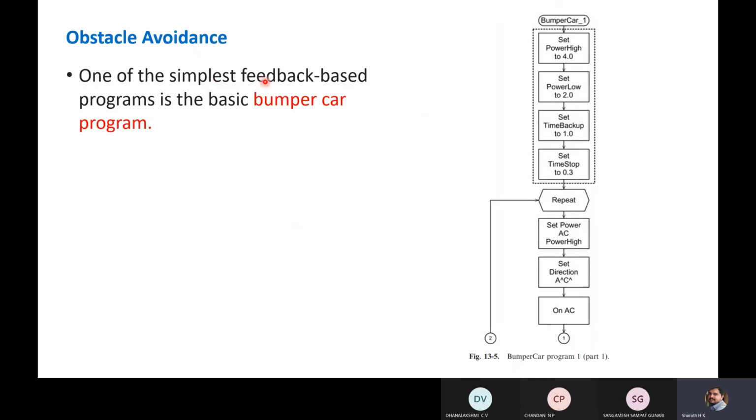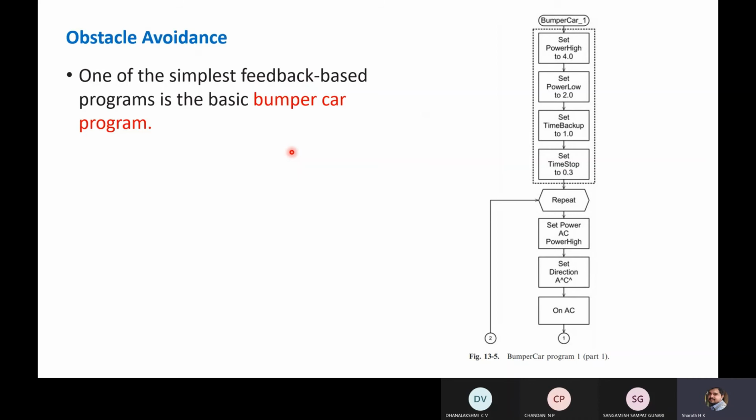One of the simplest feedback based programs is the basic bumper car program. It is like if you want to develop a driverless car, you need to make use of a lot of sensors to detect obstacles in the road. So this bumper car program is also for a similar application.